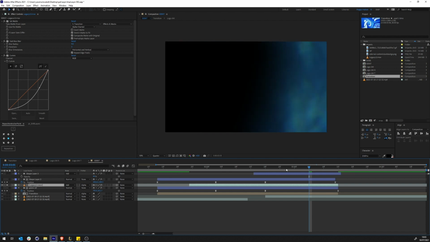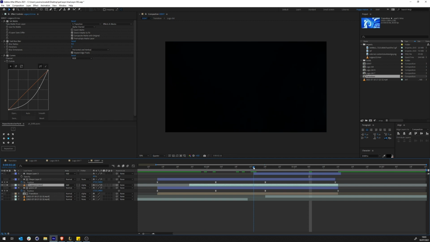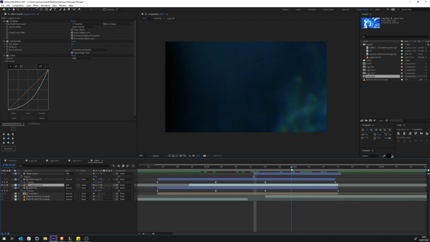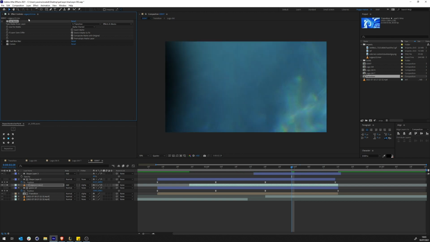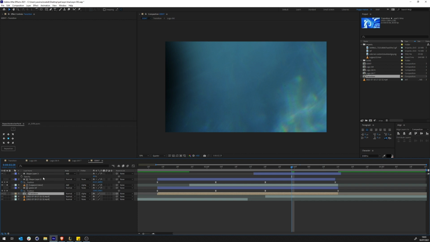So now I want you to focus with me. What's going on here? This movie is playing normally, but it is taking into consideration a lot of things. One, this is using a set matte to only show itself in the transition. So why didn't you just put this on top and do a masking? Well, because I can't use this, because this one needs this to be masked. Do you get it? This one is using this shape layer as an alpha matte. Now, if I want to do the same, I need to take this and this, pre-compose, then use it. And then if I want to change something, I'll have to change it here and then do it again